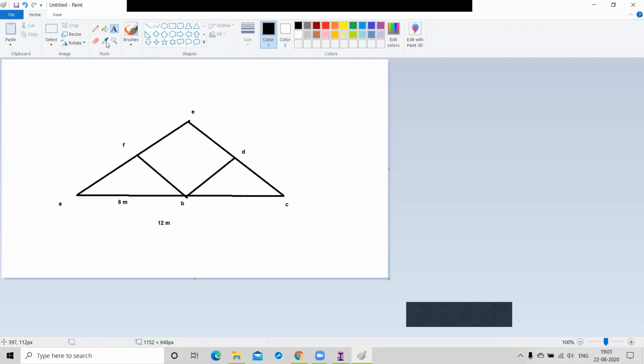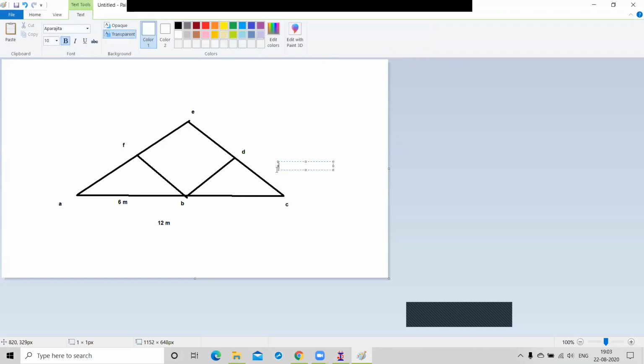What is the vertical distance to D? This one. 1.5. Okay, 1.5, right?